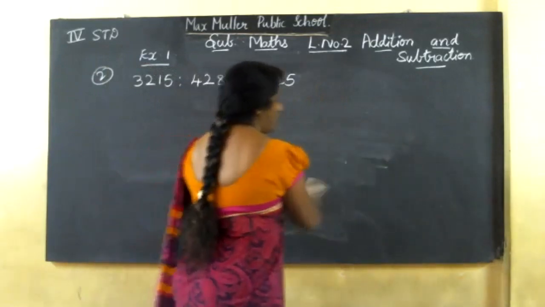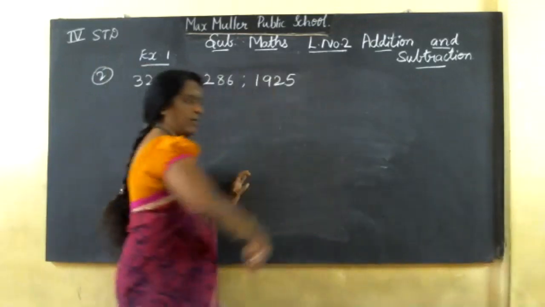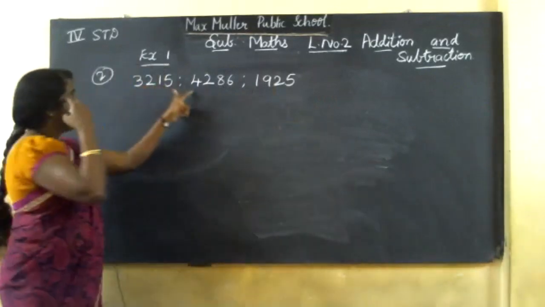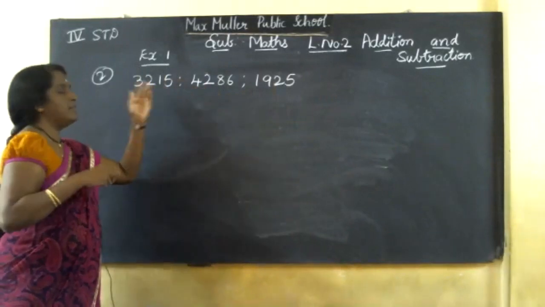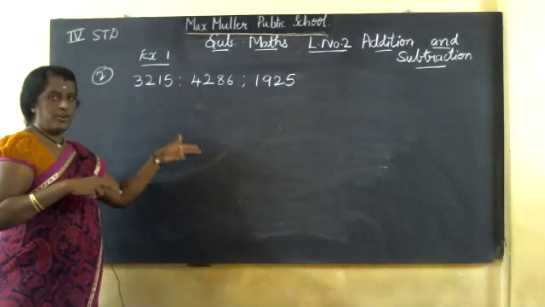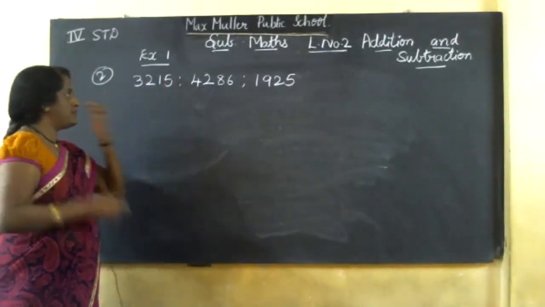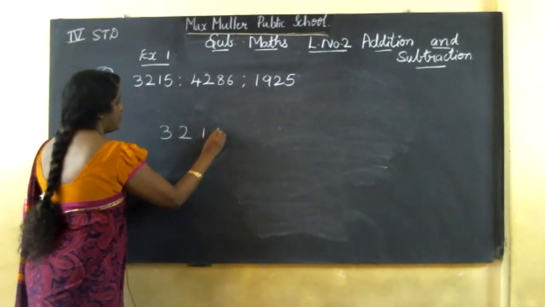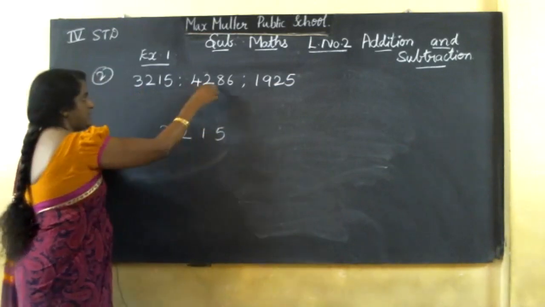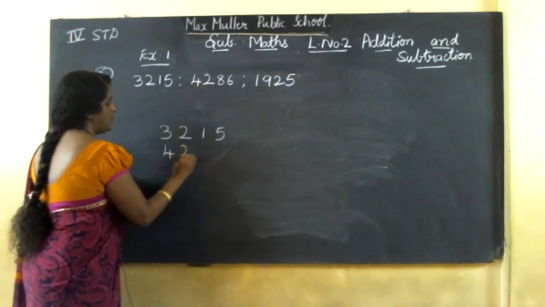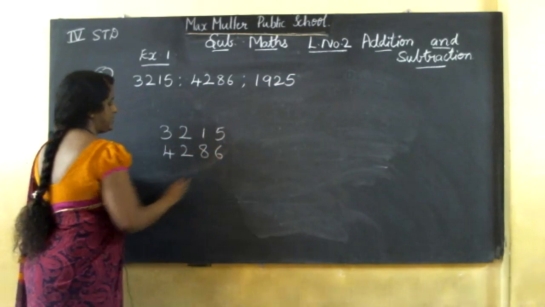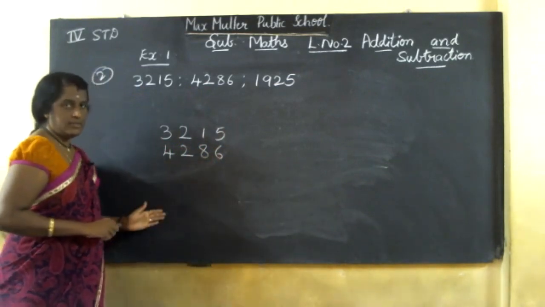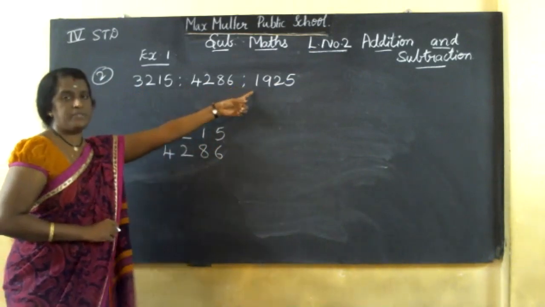So arrange vertically. Vertical line means like 1. Horizontal means sleeping line. So arrange vertically and add. See, 2 steps only I taught you. Yes, no? 1 step, 2 steps here. 1 step, 3, 2, 1, 5. Next step, 4, 2, 8, 6. So, you will add this only. Yes, no? Your third step is there.